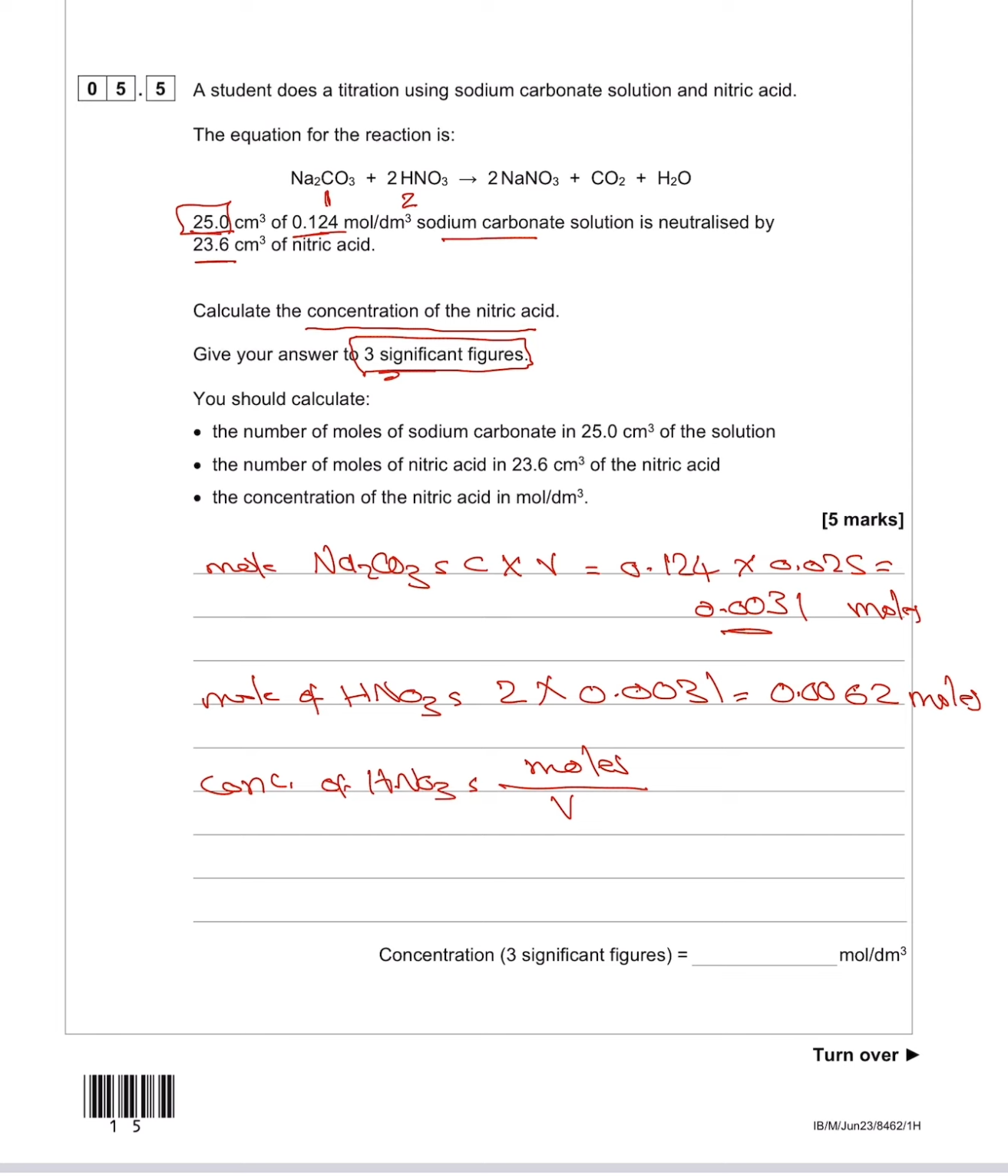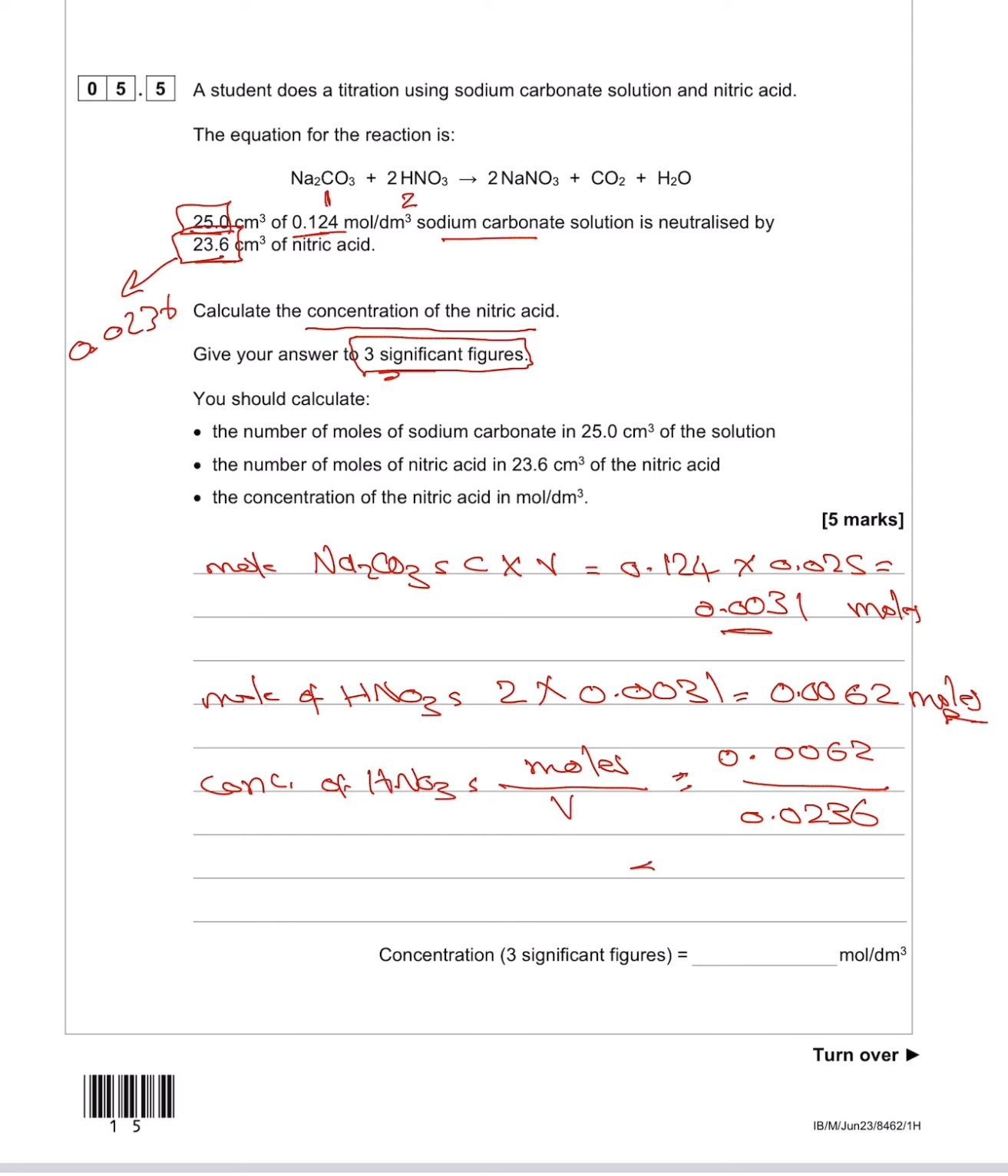The final step is to find the concentration of nitric acid, and the concentration equals moles over the volume in dm³. The volume of nitric acid they gave you was in cm³. Again, we have to change this into dm³, which equals 0.0236. So the concentration here will equal the moles we found for the nitric acid, 0.0062, divided by the volume in dm³, which is